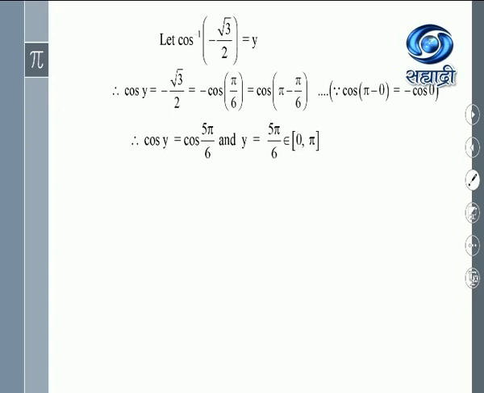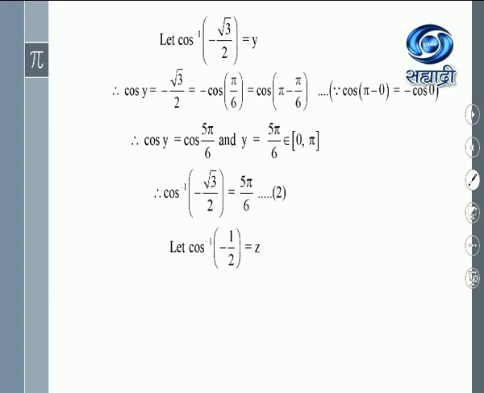Again, we will have to check whether 5 pi by 6 belongs to the principal value branch. For cos inverse, it is the closed interval 0, pi, or you may say 0 to pi. So 5 pi by 6 is how many degrees? Pi by 6 is 30 degrees, right? 30 into 5, that is 150 degrees. It belongs to the interval 0 to 180. Therefore, we can conclude cos inverse of minus root 3 by 2 is 5 pi by 6. Call this as 2.